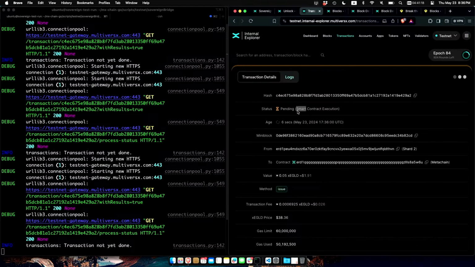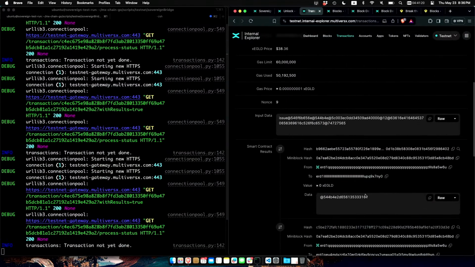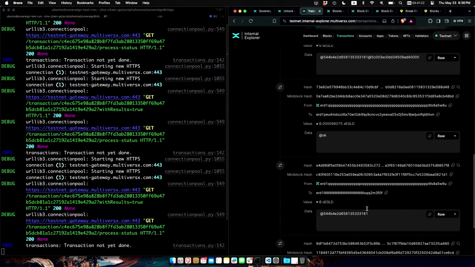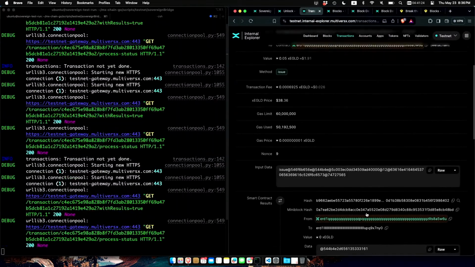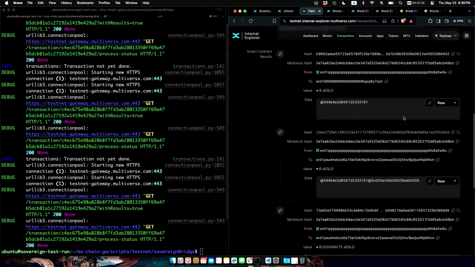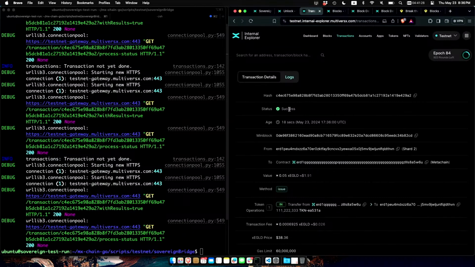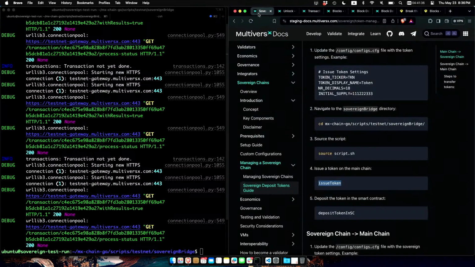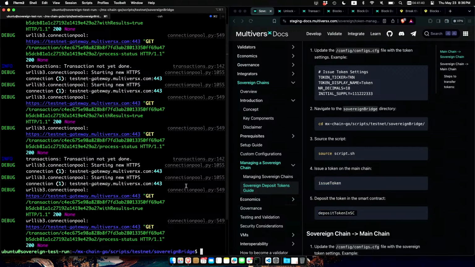It already has been recognized as a smart contract execution, and we already have a bunch of feedback here that the execution, or the step, has been successfully executed. We have the token, which is the TKN token. Cool. Going back, the next point would be to deposit this token to the token smart contract deposit,